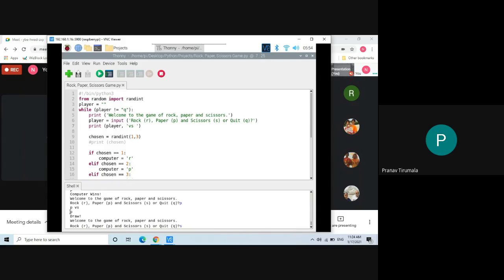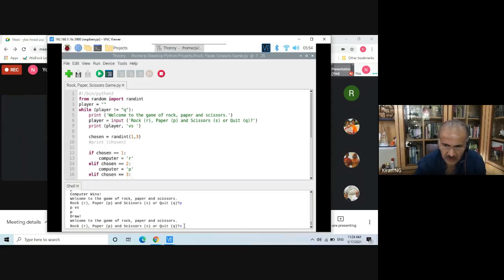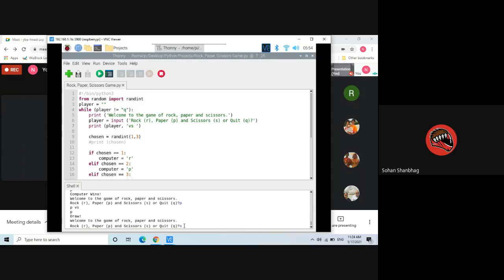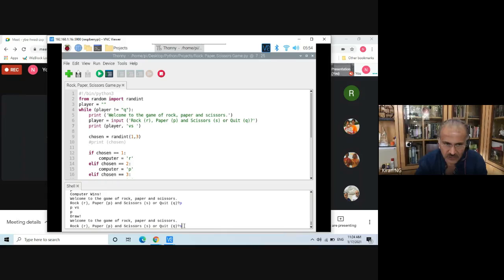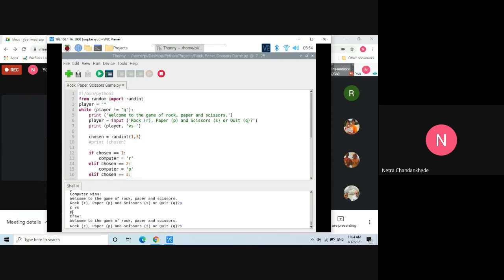Sir, the end parameter is actually usually the default. No, wait, Sohan, wait. I want Netra to understand. Uncle, that was not me. Wait, who is that? It was me, uncle. Only Netra should answer. Netra, did you see? It is getting printed in 2 lines. Yes, sir.